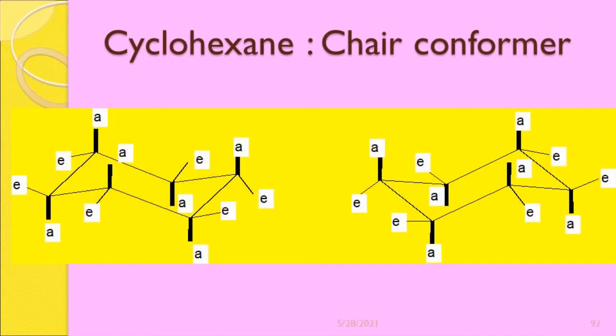So in this particular video, I am going to discuss with you how we can draw the cyclohexane chair form, as well as we shall learn how axial bonds are different from equatorial bonds and how these are represented on paper. So, if you have a notebook in front of you, let us begin with the first chair form.